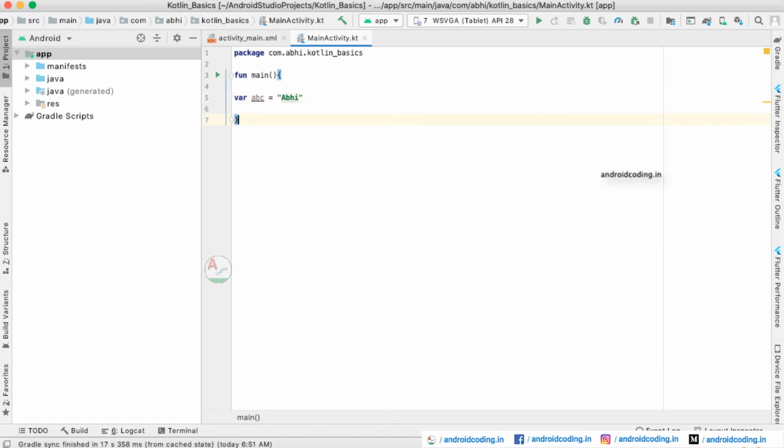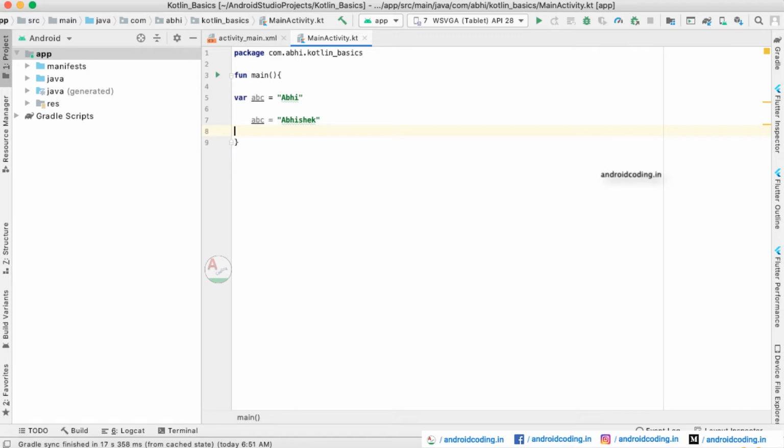This is the mutable way of declaring a variable. We need to provide var before our variable name so that it can be changed in future. Later on you can change the value of ABC to a different name completely.